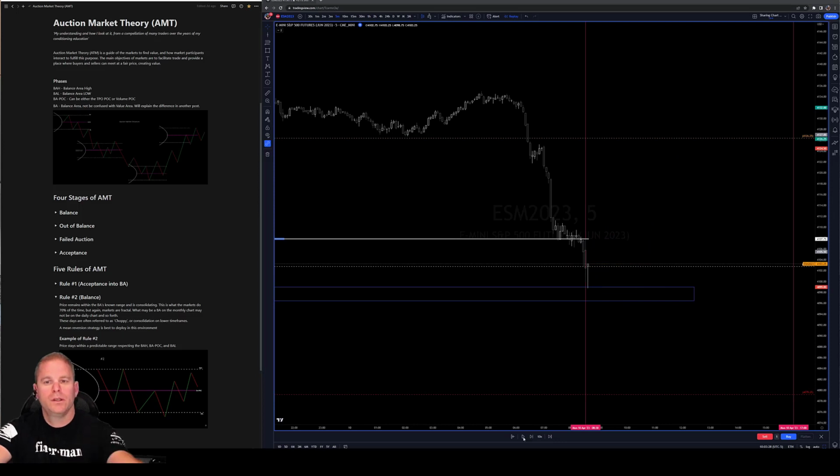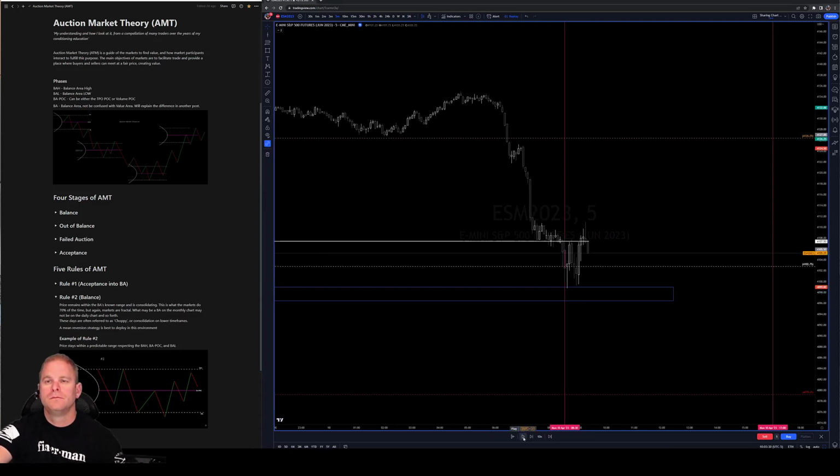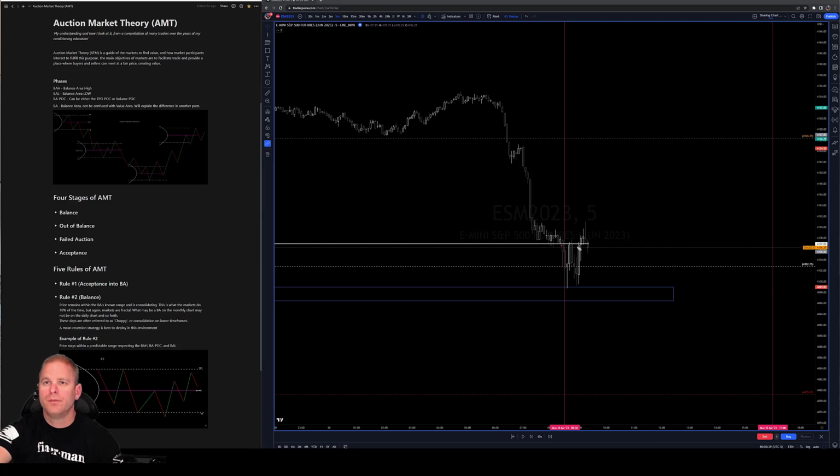Let's go ahead and push play. So we get that move, maybe not exactly perfectly on the level, but price did go, closed above, came back down, held this support, and pushed up. So if you wanted to take this trade,